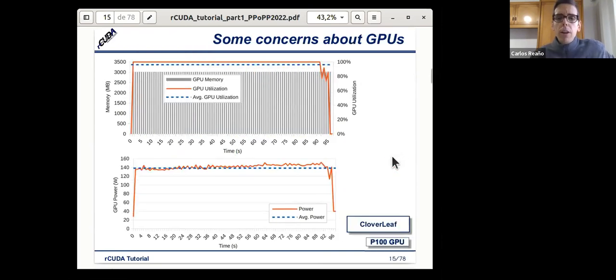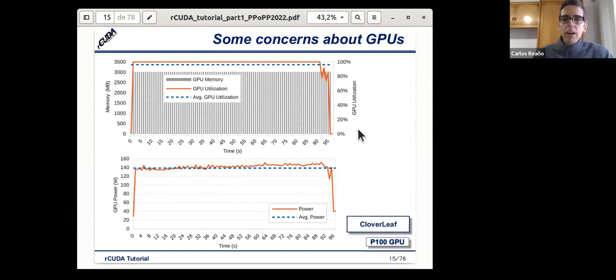Let me show you another application. The previous one was GPU Blast. This one is Cloverleaf. In this case, this is a good case because the GPU is always being used. We have almost 100% of GPU utilization. So here we are consuming energy, but the GPU is being used, so we don't have underutilization, and this is the desired case, right?